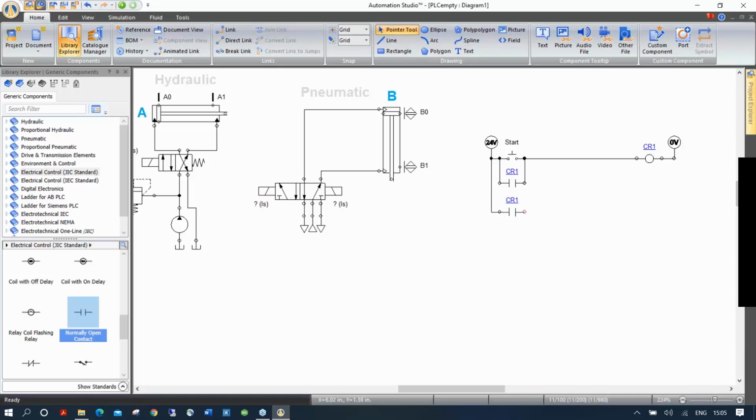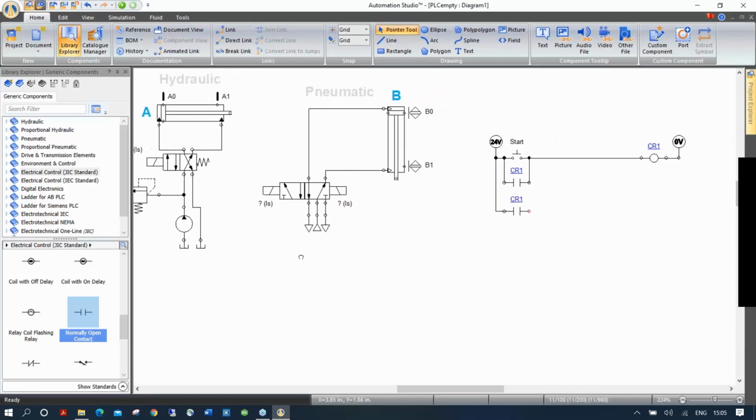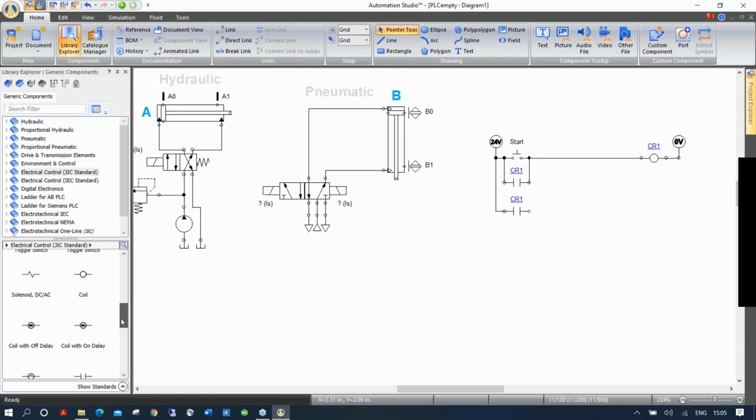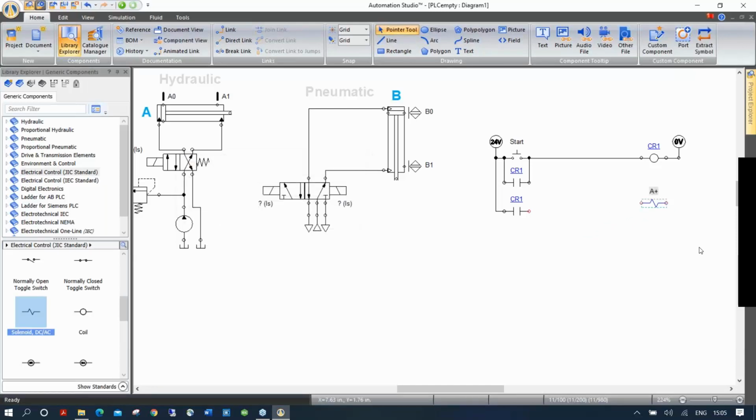So when CR1 is activated, I want to trigger A plus on this valve. So I'm going to drag here now a solenoid on my electrical diagram, and I will call this, let's say, A plus. Then I'm going to connect that together. You see it's a bit off, but components stay connected,